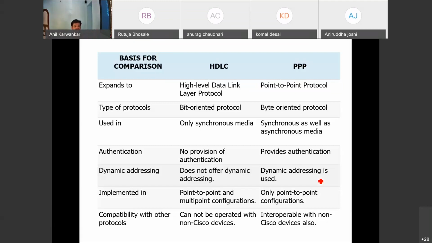Typically, whenever I say HDLC protocol, it is a de facto proprietary protocol that is utilized with Cisco devices. But compatibility with other protocols is not possible. HDLC protocol cannot be operated with non-Cisco devices. But with the PPP protocol, it's not at all necessary that you must have a Cisco modem or a Cisco concentrator.